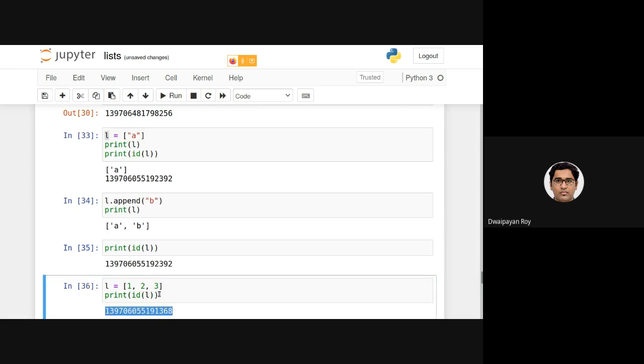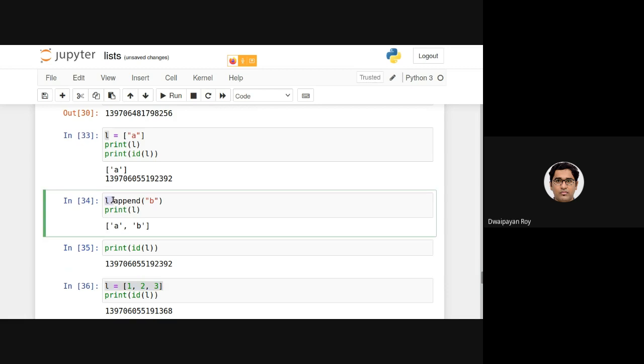As you can see, it's different. So now I am declaring an entire new list altogether. But earlier I was just modifying or appending a new item in this existing list.